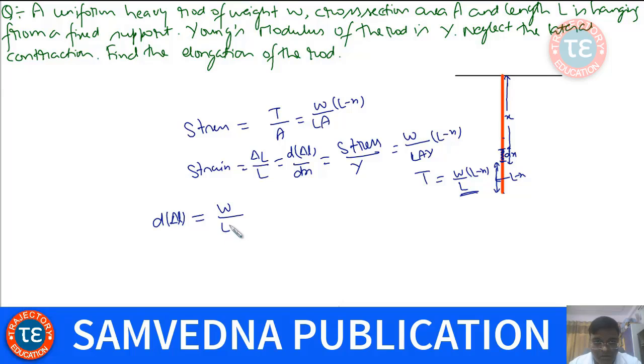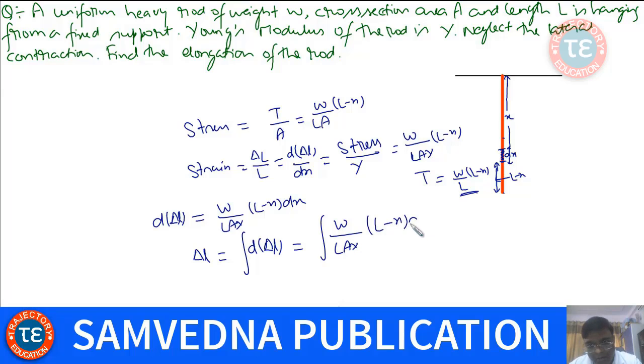So elongation in this dx would be equal to W upon LAY, L minus x dx, and total elongation is going to be integral of the elongation in dx, and that will be W upon LAY integral of L minus x dx. And we want elongation in the whole rod, so x goes from 0 to L, so W upon LAY, Lx minus x square by 2, 0 to L,